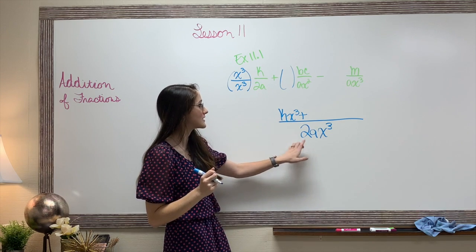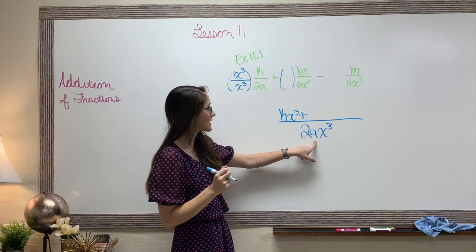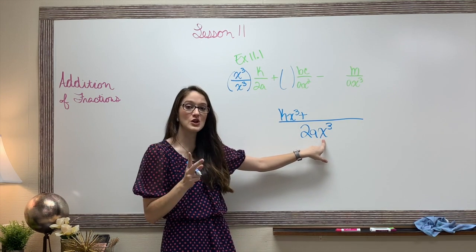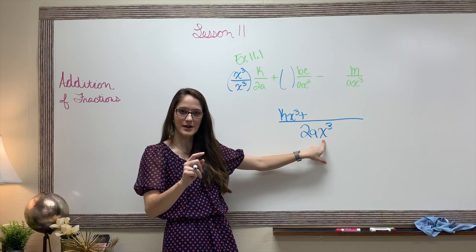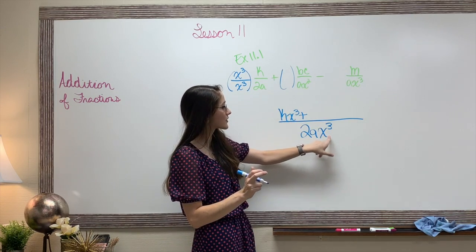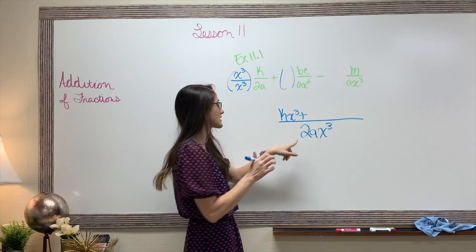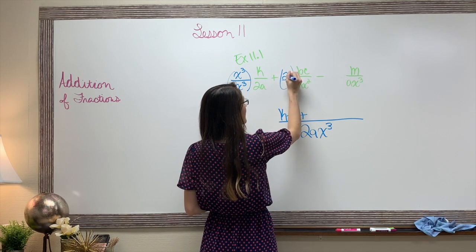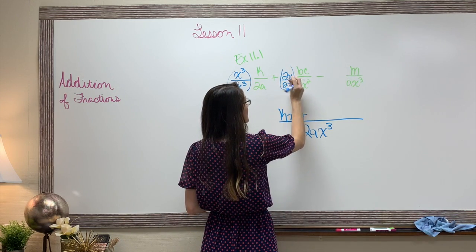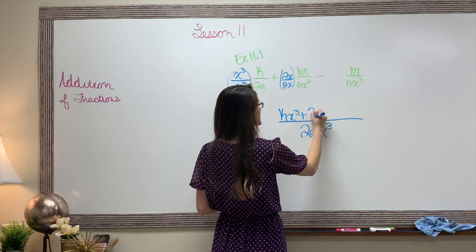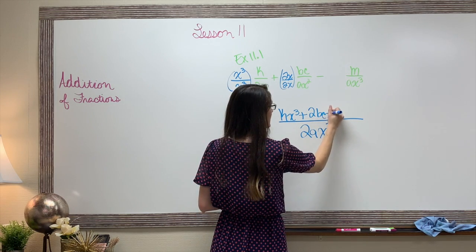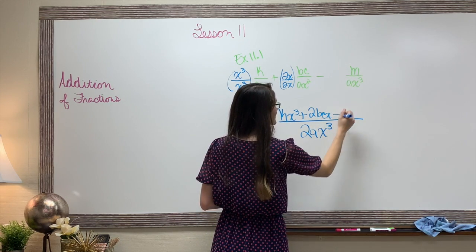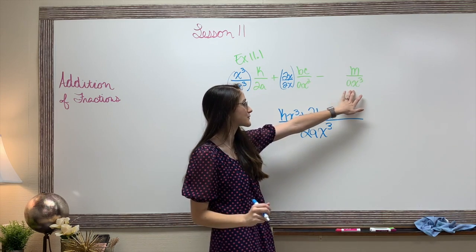The second one is missing 2. It has an a, and it has 2 x's. It's just missing 1, right? Because it is x squared, but we have x cubed, so there's just 1 x. So 2x over 2x, and then 2x times bc is going to be 2bcx, minus, and then this last fraction,